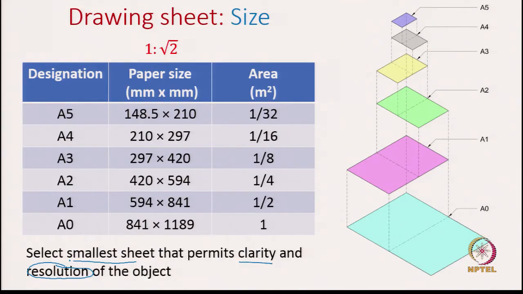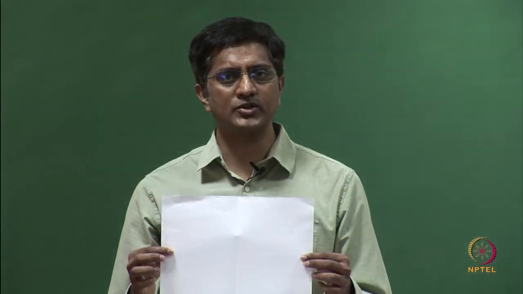Typically in engineering colleges we tend to use A2, but as A4 is quite common, we can also use A4, but it all depends on the kind of object you are practicing. Typically in this course we suggest using A3, but of course, as I say, there is no hard and fast rule. The object you are depicting and the purpose of why you are drawing these objects should dictate which drawing sheet you will choose for a particular drawing task.